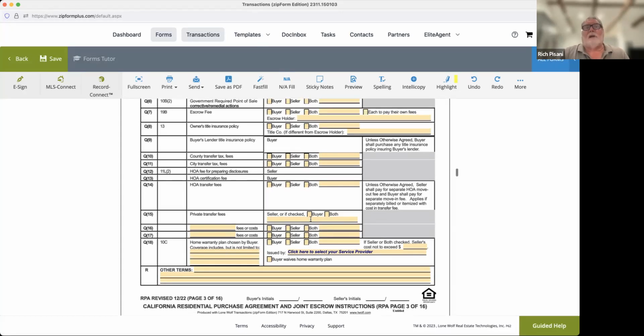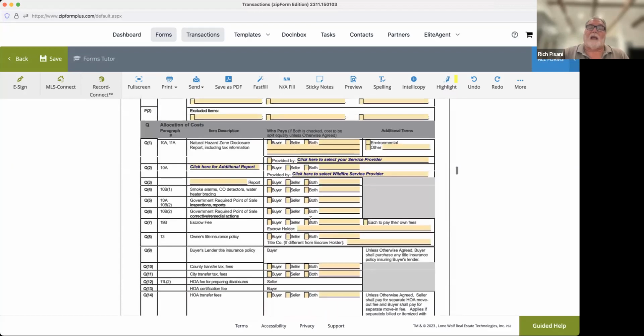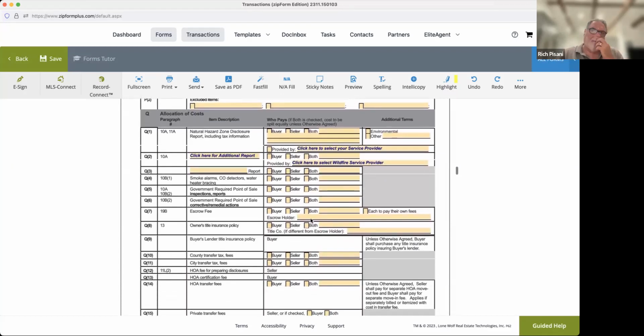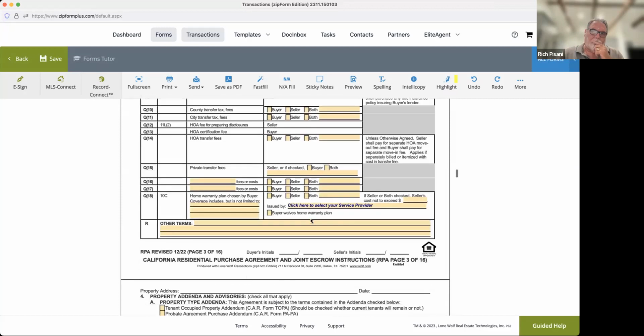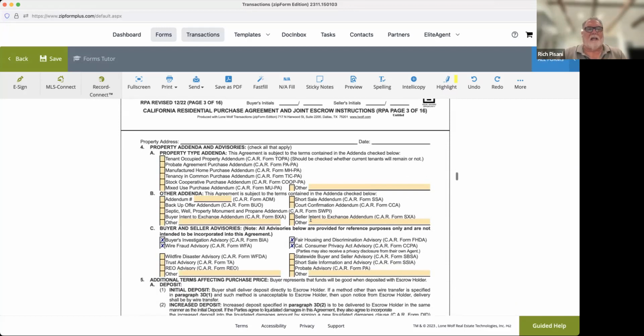Other terms, a good thing for other terms also is that if the buyer or somebody is a real estate agent or has a real estate license, you should put that there, or that the buyer is related to the buyer's agent, or stuff like that. That stuff goes there too. Any questions on page 3? Not seeing or hearing any.